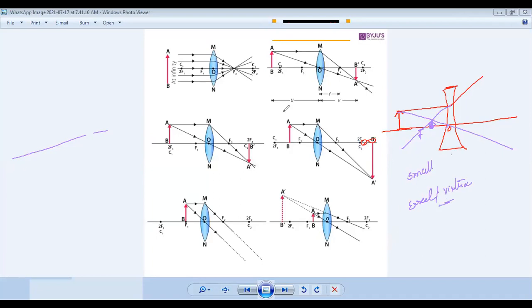And between f and o, so two positions we just discussed. If the object is at infinity, the image formed will be at the focal point on the same side. And if it is between infinity and optical center, the image is between the focal point on the same side and the optical center. And both times the image is small, diminished, erect, virtual, right?